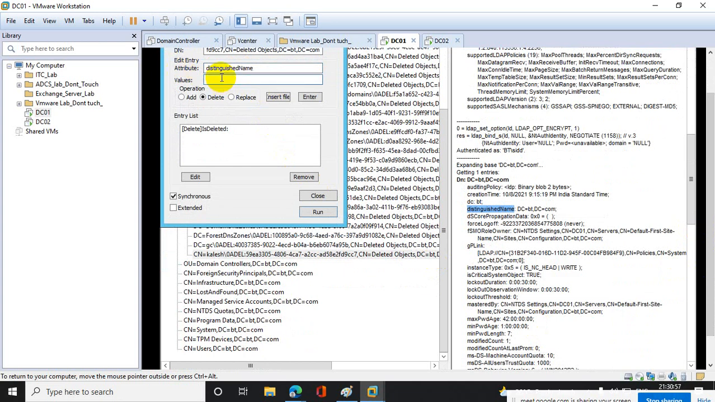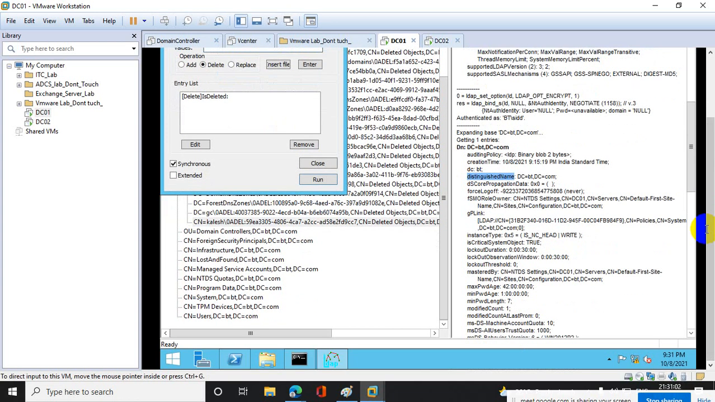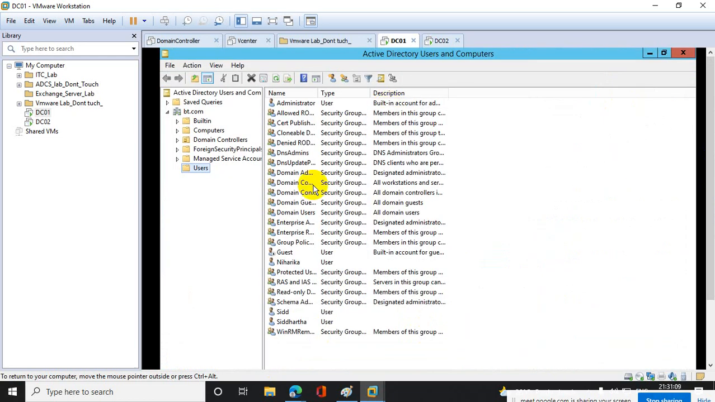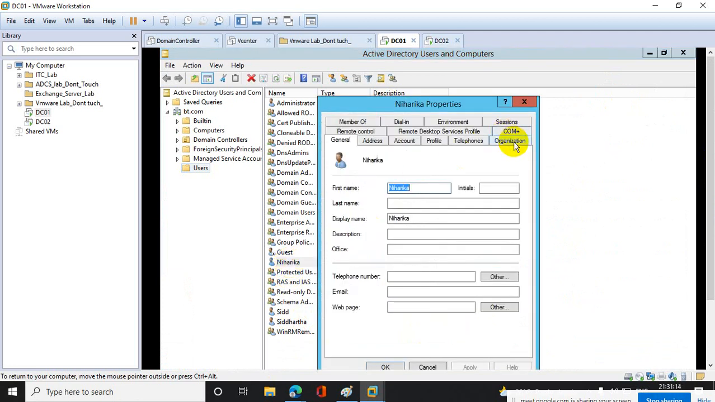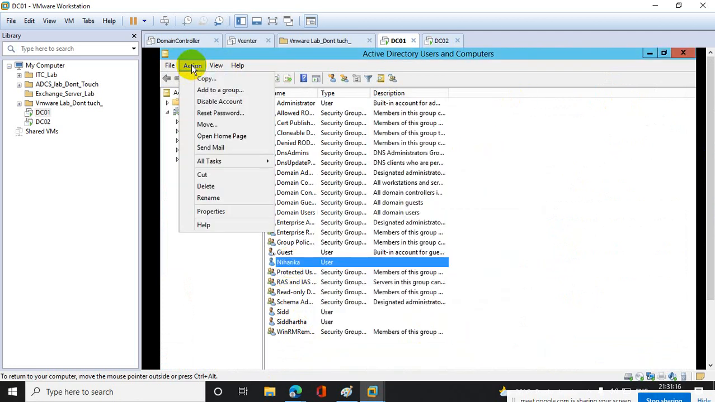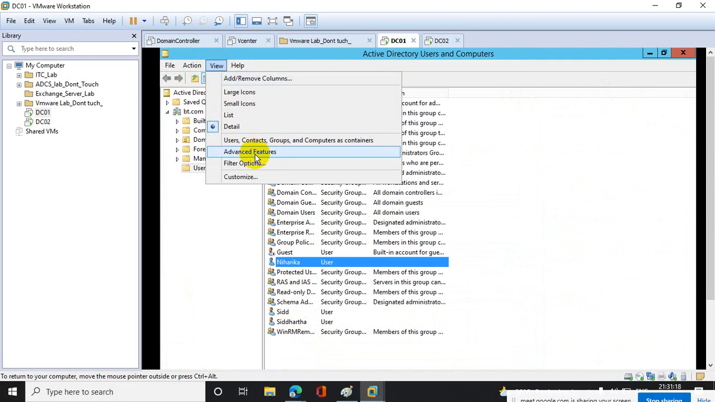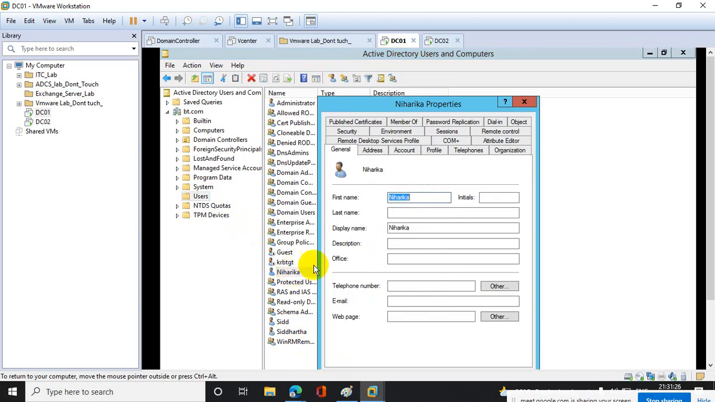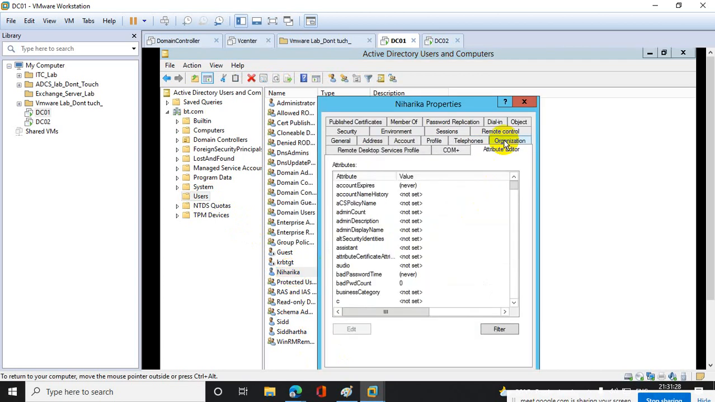So the value, how will you know where your value is? You can go to your AD and select any of the users, like Niharika, and select Active Directory actions and go to view advanced features. Again go to users and select any of the users, Niharika, and then go to attribute editor. In this attribute editor,